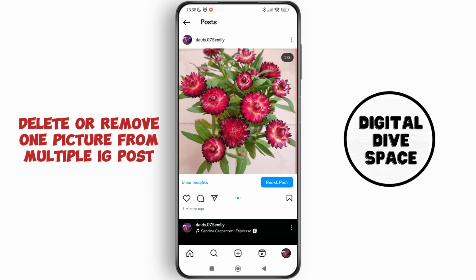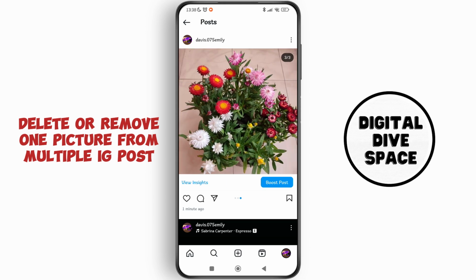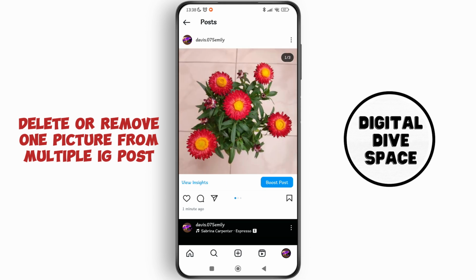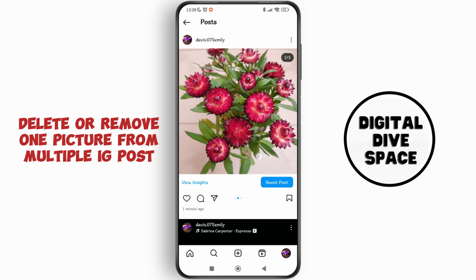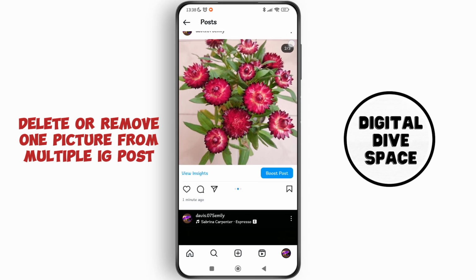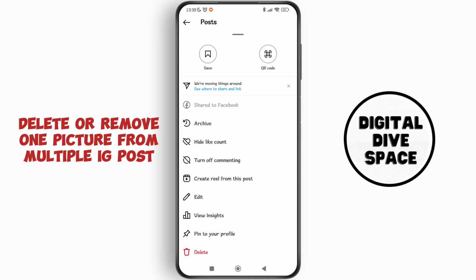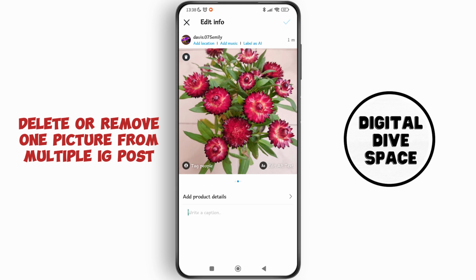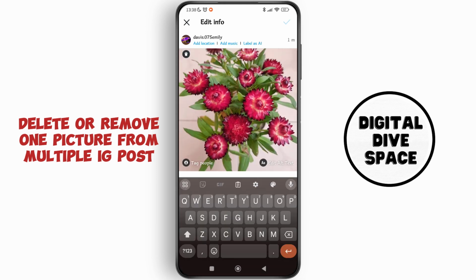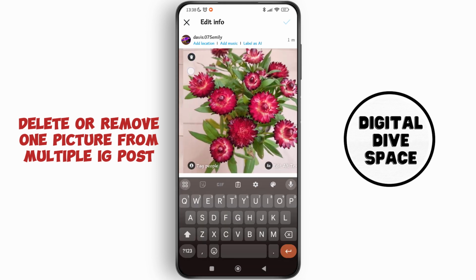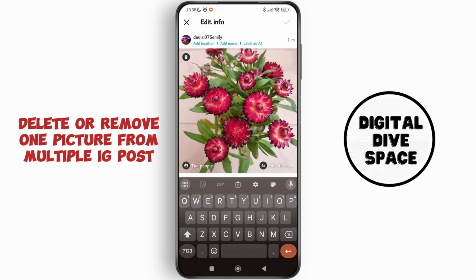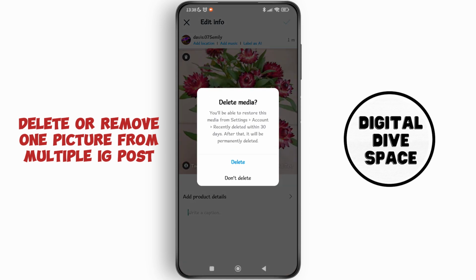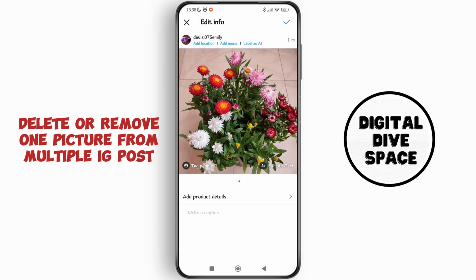So as you can see, there are three pictures over here. Now to delete any one of them, so suppose I want to delete the second picture over here, all I have to do is tap on the three dotted lines at the top right corner, then tap on edit. So here you can see the option of delete at the left corner of the photo. So you can see over here it's the delete button, so just tap on delete, tap on delete media and tap on OK,